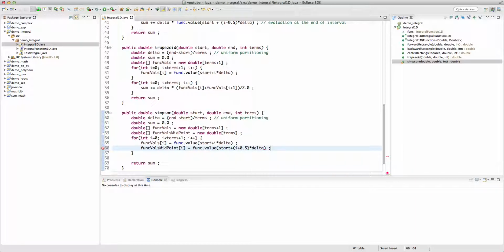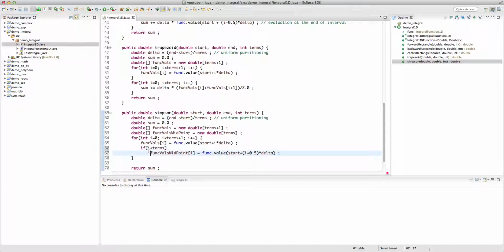All right. Now obviously we don't want to go out of the index, so we want to make sure that the I is less than terms. If I is less than terms, we do this, and that gives us